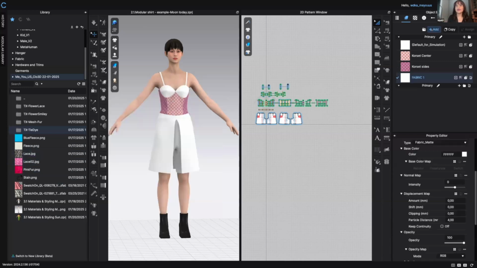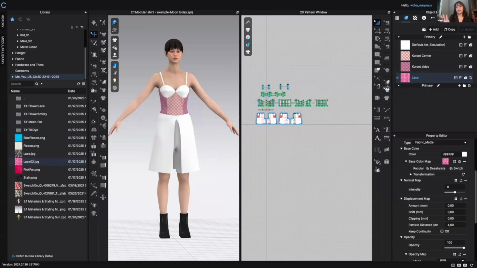So I can do add. And now I have a fabric here. In my case, maybe I say I want to call it lace. Okay. And then I could do the following. I could bring the lace and drop it. And then voila, I have a new material. But I could also